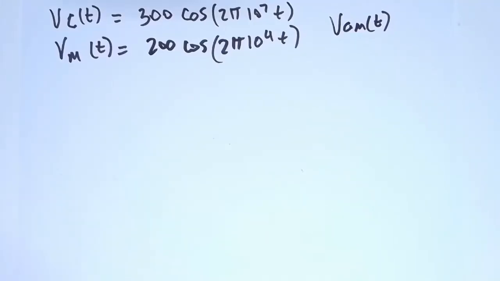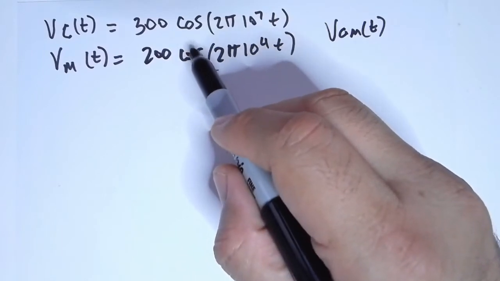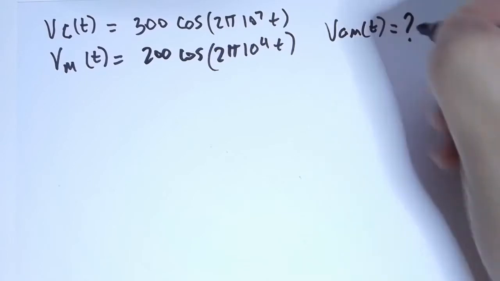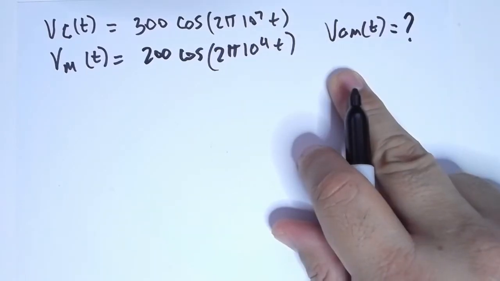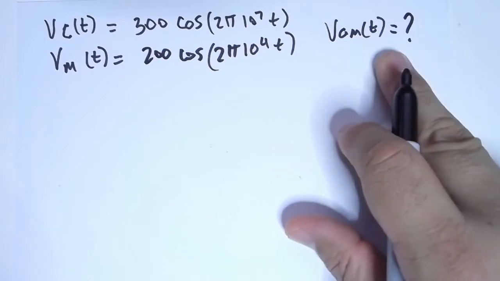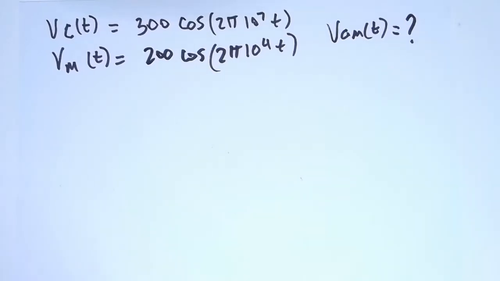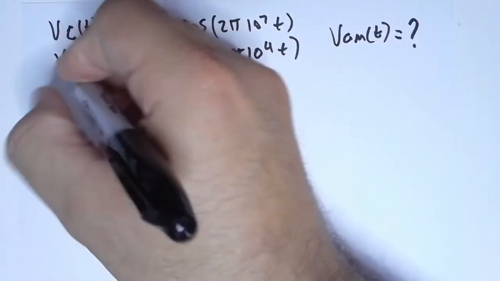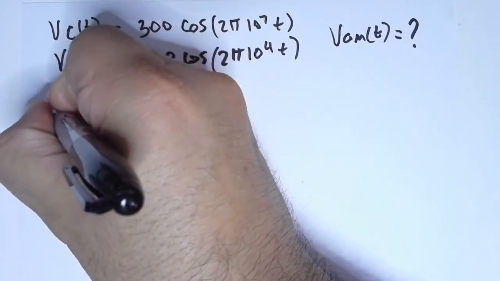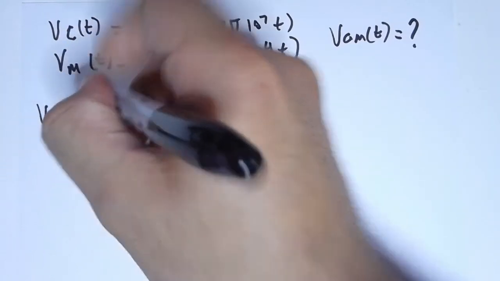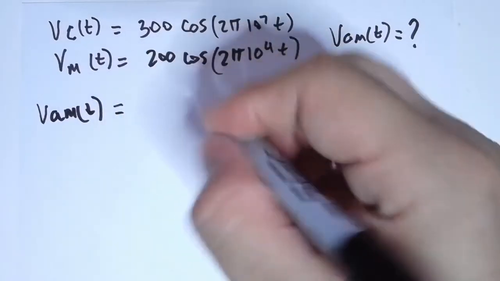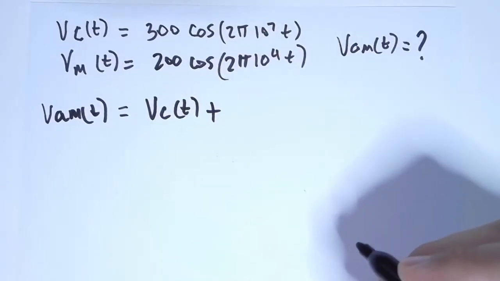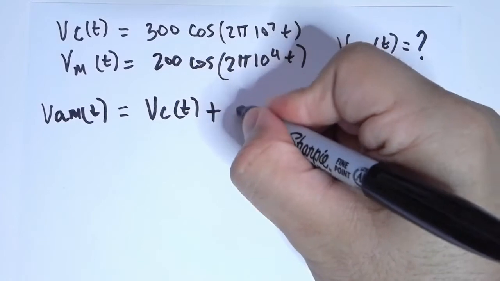We're given a carrier signal and a modulating signal, and we ask what the mathematical expression for the AM modulation signal is. Well, we start with a template, right? An expansion for the AM modulation signal that is given by the carrier signal plus the peak voltage of the modulating signal